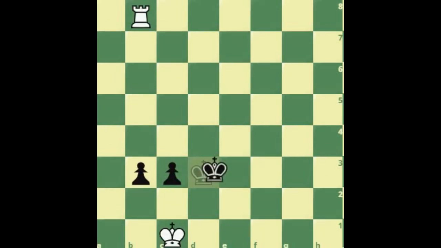So going back, king to c4. So what's the best move now in this situation to remember? It's rook to b7. Why? Because it's a tempo move that forces black to move again, but this time king d3 doesn't really help because